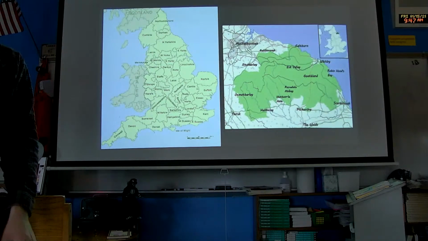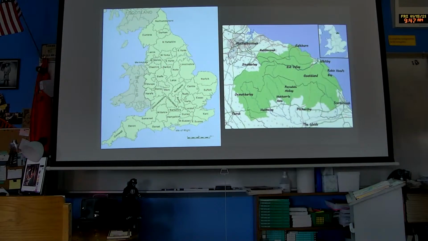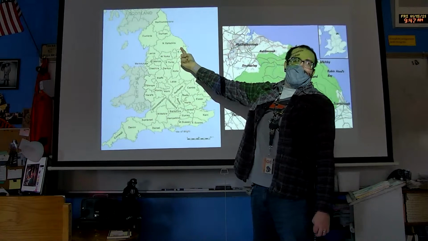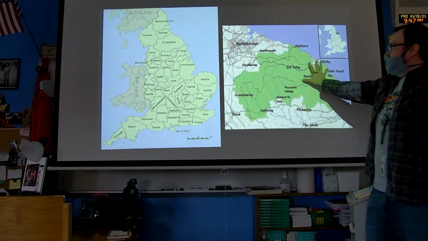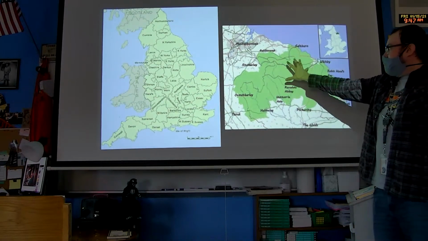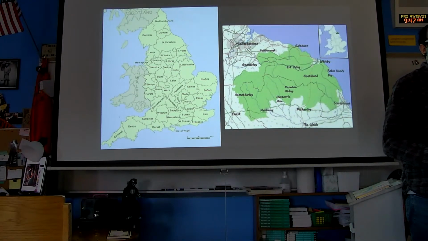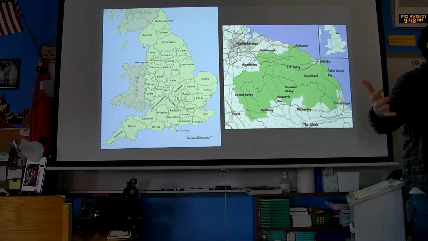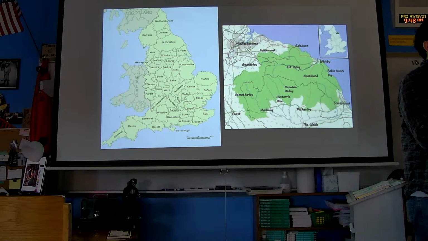Okay, where are we? Most of us know London. Most of the time when you're talking about British literature, you're thinking we're probably set here. Instead, we're set up in the Yorkshires. So not quite Scotland. And if we zoom in, here is where we are. Not quite the coast either. What this northern Yorkshire area is known for is the scrub-like terrain. We live in prairie land here, so we're used to some of the things that they see there. The one thing that they have that we don't is the dirt.